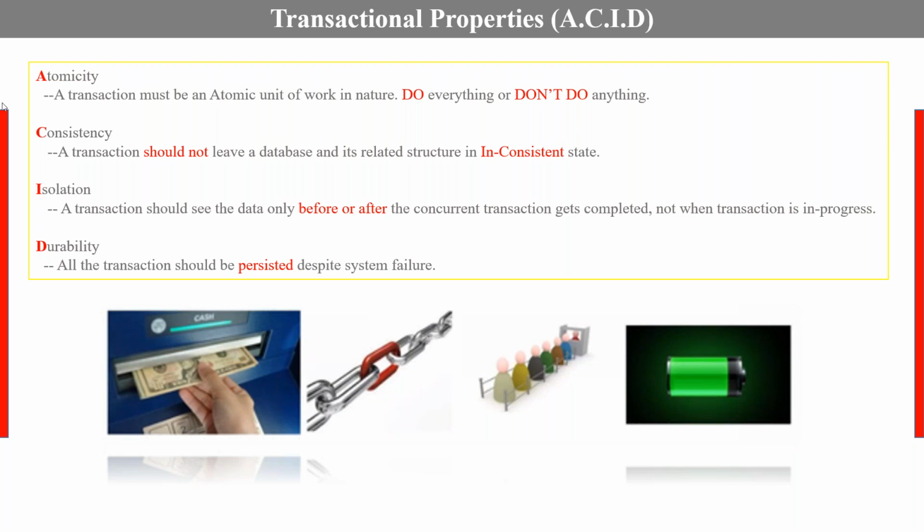That is taken care of by atomicity, sir. What is atomicity? Every transaction you are performing should be fully committed or fully rolled back. What do you mean by fully committed? You should get your 5,000 amount and it needs to be deducted from your account. Otherwise, it should fully roll back, meaning your 5,000 needs to be credited back to your account. So atomicity takes care that whatever transaction you are performing is either fully committed or fully rolled back.